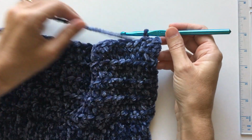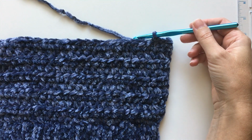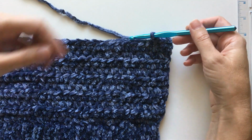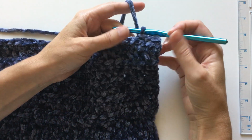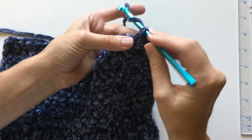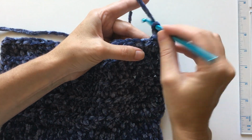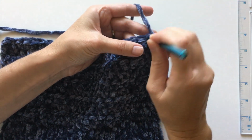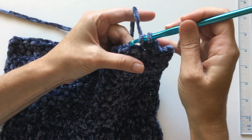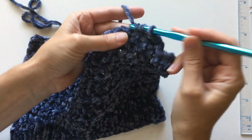These little arm openings are going to make the sleeves fit a little better since this is a drop shoulder sweater, and will reduce bulk in the armpit this way. So we did 3 slip stitches. Okay, so now we're going to chain 1 just to give us a little height here, half double in the next stitch. Okay, and then we just keep half double crocheting